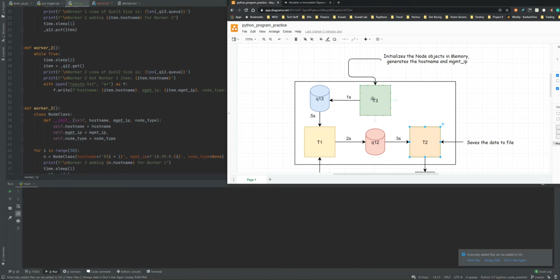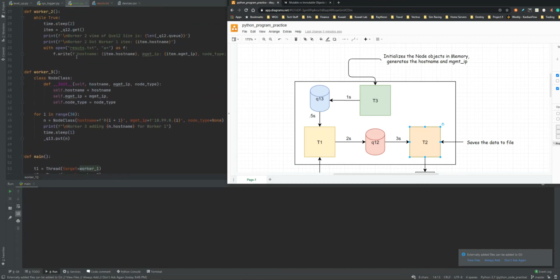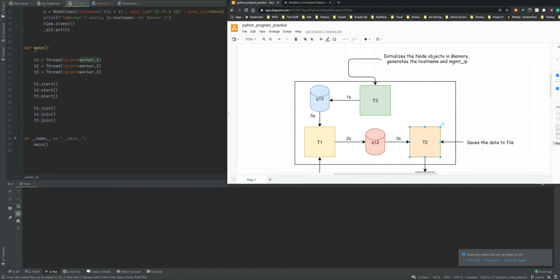So that's how that links up. And then we get down here into our main function, and we'll get into the logic here, but first we're going to show what happens when we start the script. We're going to run it. It's going to say main. It's going to run this main function. We're going to create our three threads. We're going to start our threads, and then we're going to join them, so that way we can get some